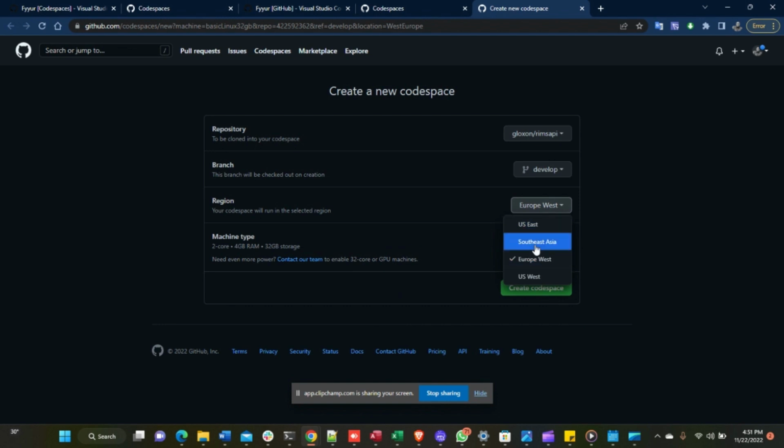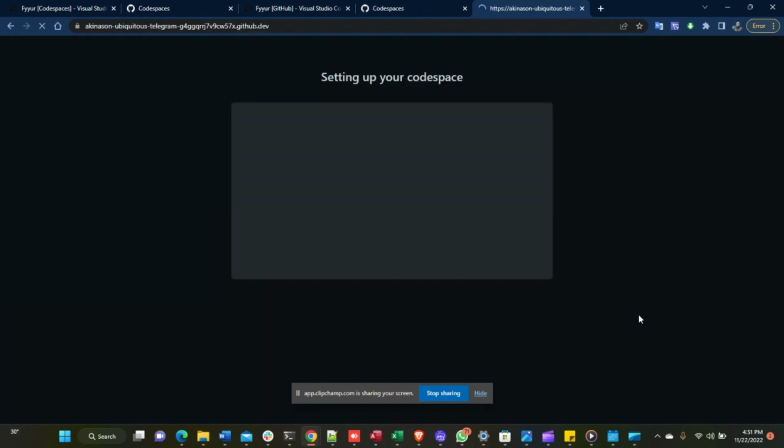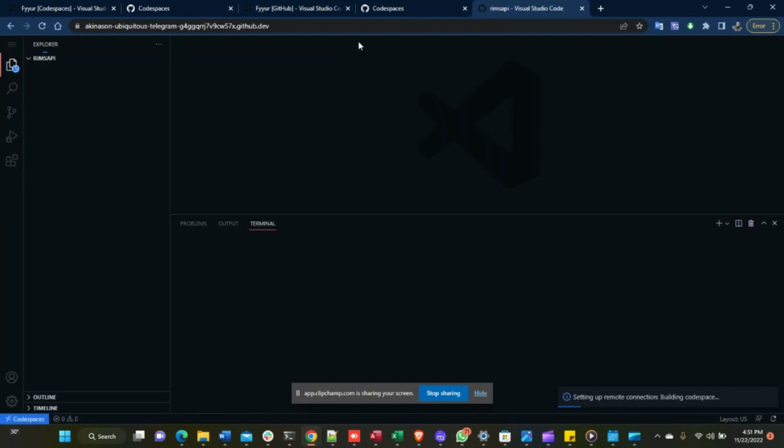Of course, you can choose where you want your virtual machine to be created here, and then you can choose the branch. You can choose the master branch, and then I click on create codespace. It takes a little bit of time to set this up. While that is setting up, I'm going to show you how much it will cost you to run this